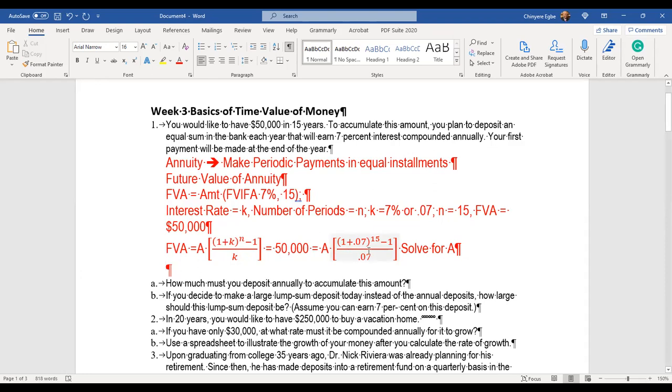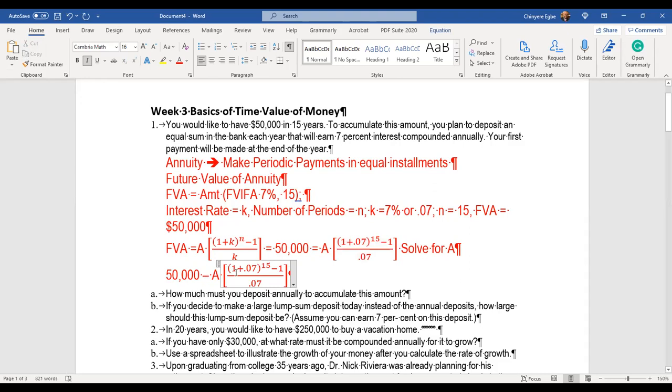And so we find 1.07 to the power 15. In that case, 50,000 will be equal to A times 1.07 to the power 15 minus 1, which is equal to